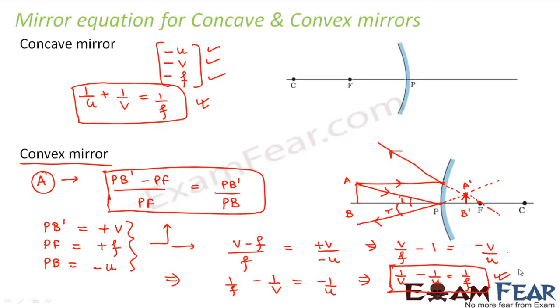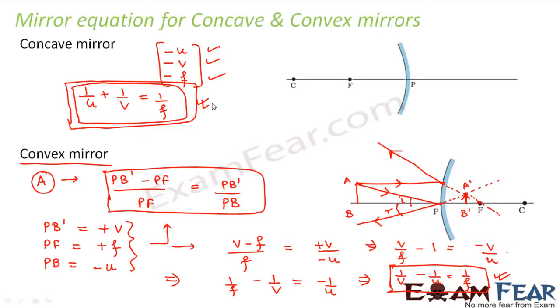So this is how we have different mirror equations for concave mirror and convex mirror, right? The difference arises only because of the different sign convention of image distance, object distance and focal length. So when you solve problems, there is no need of using a different formula of mirror equation for concave and convex mirror. You can consider this as the generalized mirror equation and then put the sign convention. Whether the problem is about a concave mirror or convex mirror doesn't matter. You say that the mirror equation says 1 by u plus 1 by v is equal to 1 by f.